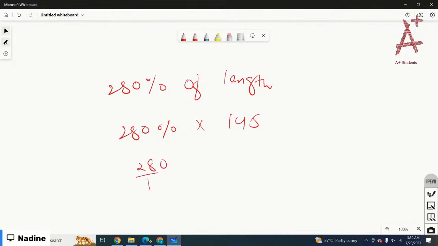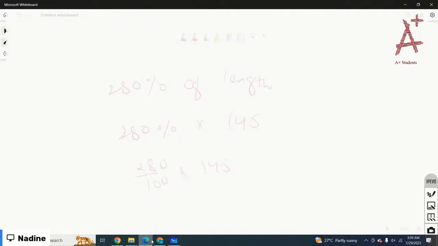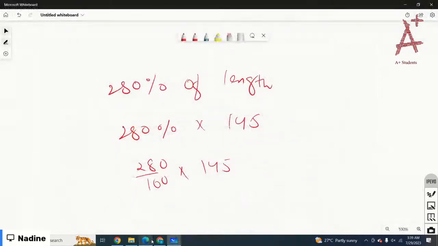So it would be 280 over 100 times 145. 280 divided by 100 is 2.8, and 2.8 times 145 is,